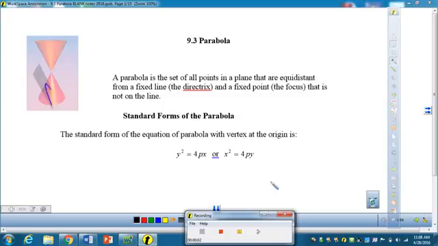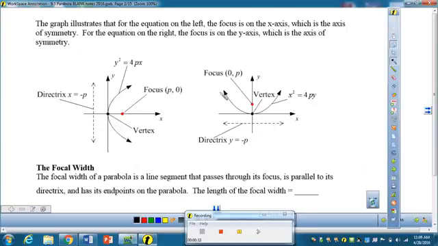Starting with a definition, a parabola is the set of all points in a plane that are equidistant from a fixed line called the directrix and a fixed point called the focus that is not on the line. Let me show you a picture of that. If we look at this basic parabola shape here that we're familiar with, this is our focus. It's opening towards our focus, and then here's the directrix on the other side. And we're saying that every single point on this parabola is an equal distance from that focus point and